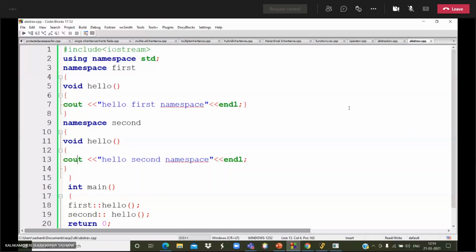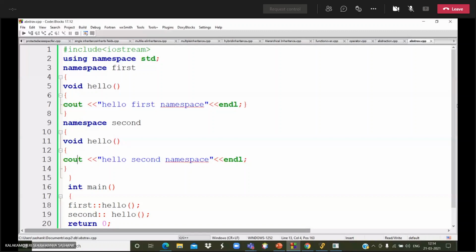This is one more example for namespaces. Then we can go with the last type of OOPS concept, which is encapsulation. What is meant by encapsulation? We are encapsulating the data, binding the data and code together.